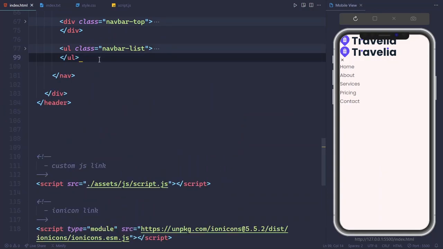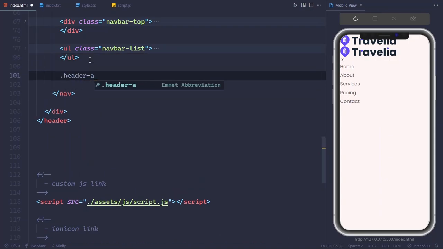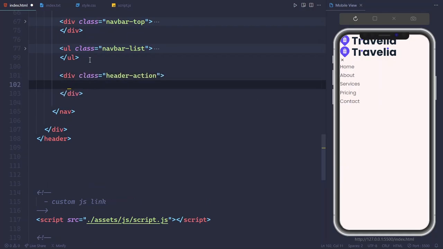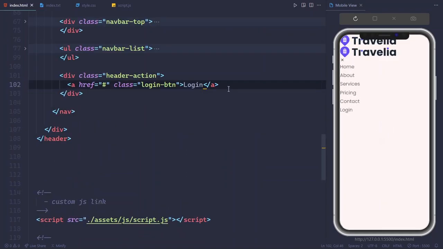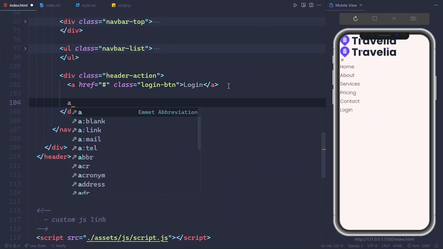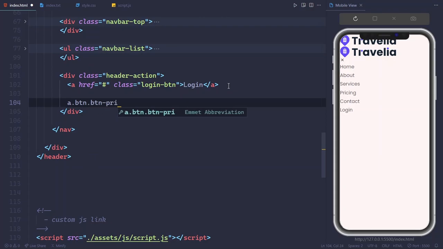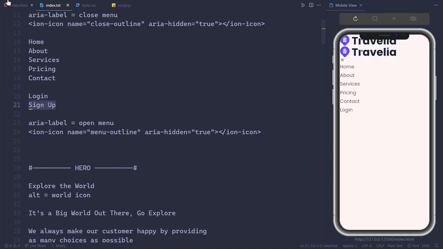So then let's set a div, a class with the header action, and inside the header action a.login btn, and set the text, and after that a.btn.btn primary, here will be sign up,